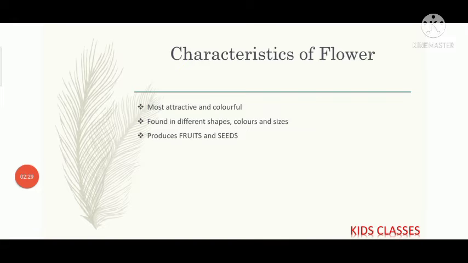Here I used a new term, that is germination. If you know more about germination, you can send me message in my comment section so that I will upload a video how seeds germinate. Okay,